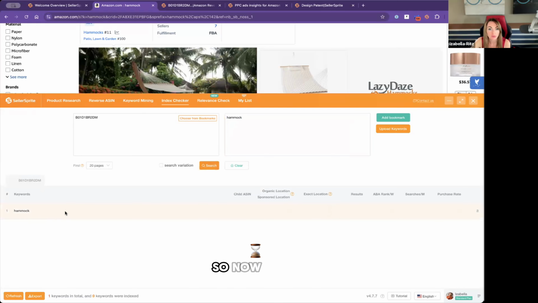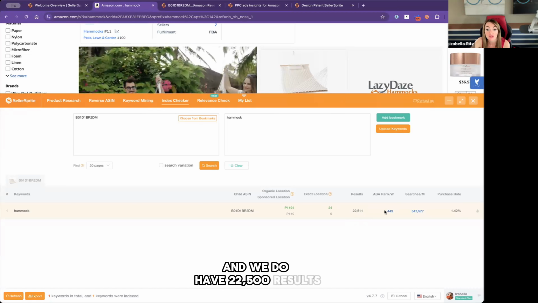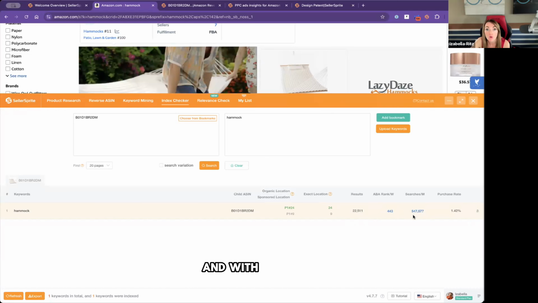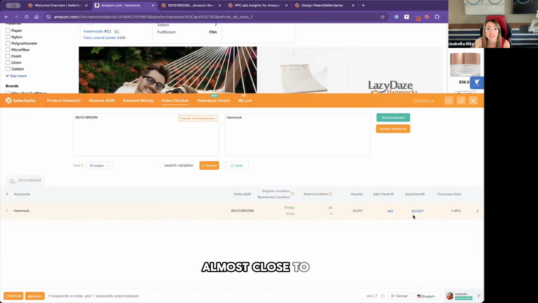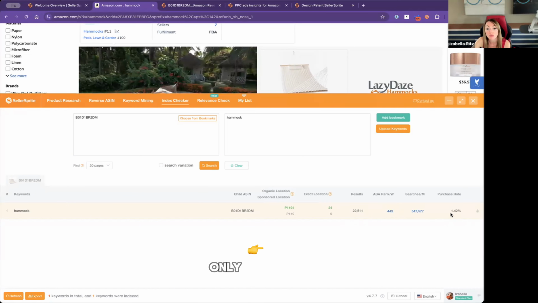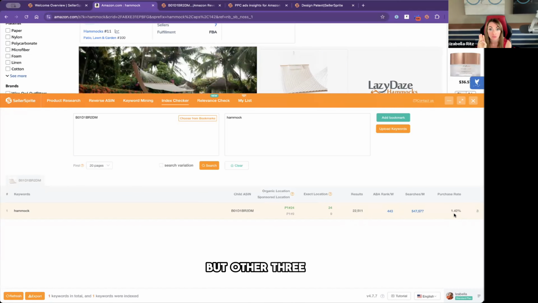I can see if this specific product is being ranked for this keyword. And now I see this product has been ranked on page 1, in the 24th spot. And sometimes it's also in a sponsored location, spot number 9. And we do have 22,500 results for this keyword, with almost 600,000 searches per month, with a purchase rate across all the other products of only 1.42%,